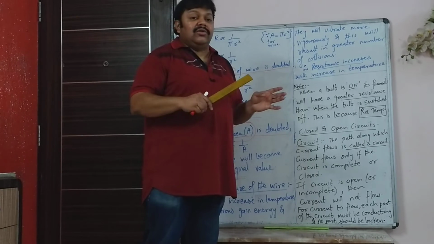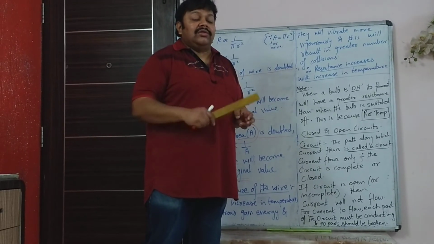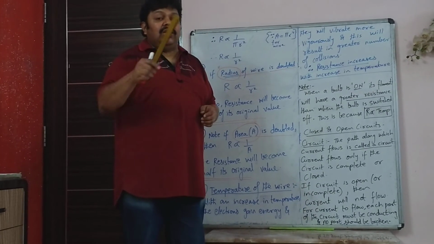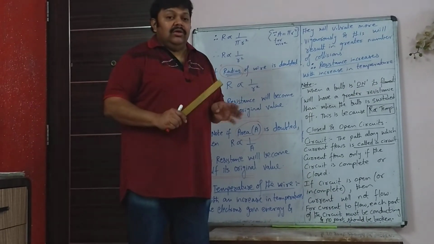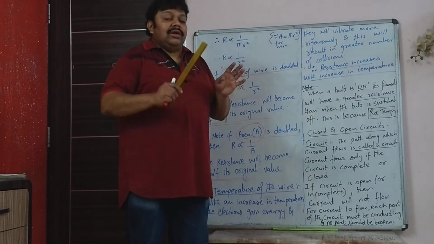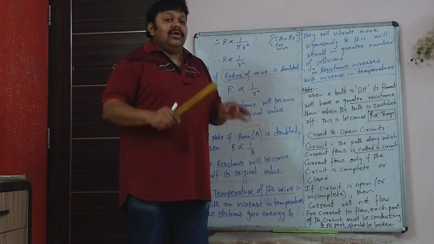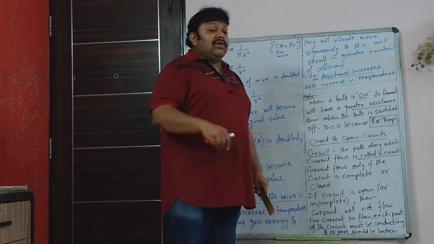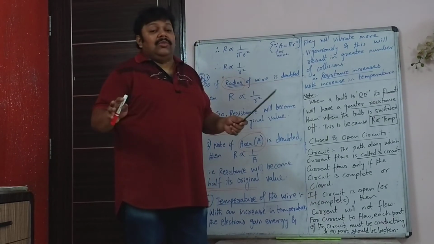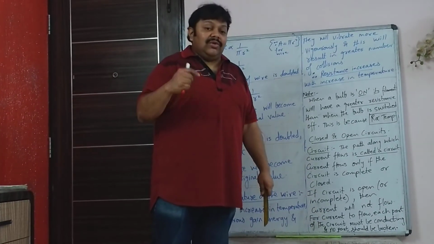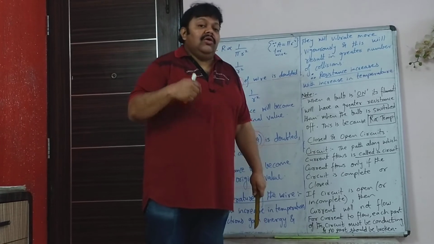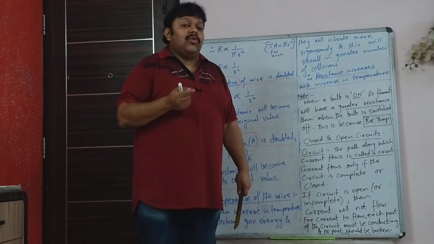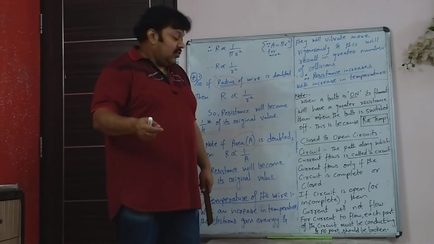You know that only if the circuit is closed, the entire circuit should be made of metallic conductors and electrons should be able to flow freely from one end to the other end. Only then current will flow. That is, only if the circuit is closed and every part of the circuit is made up of metallic conductors. If the circuit is open, then there will be no flow of current. So that is why when we had seen the symbol of switch open, when that dot was not there inside that bracket, that was open circuit, then current will not flow.